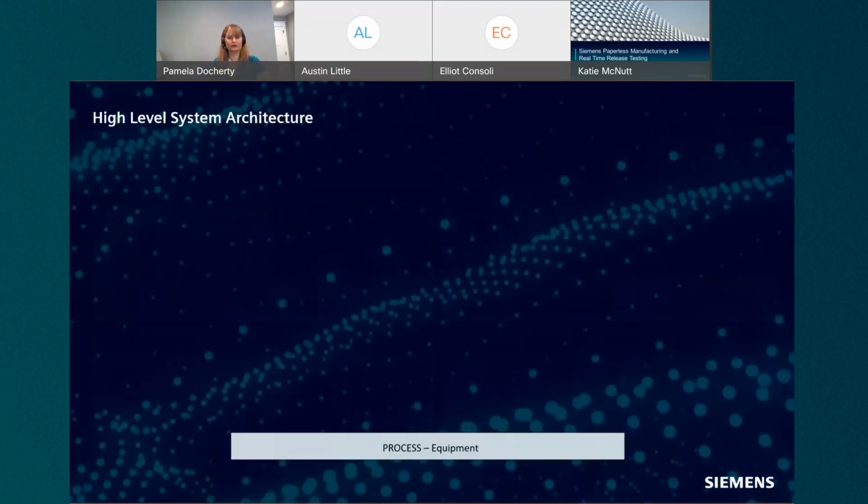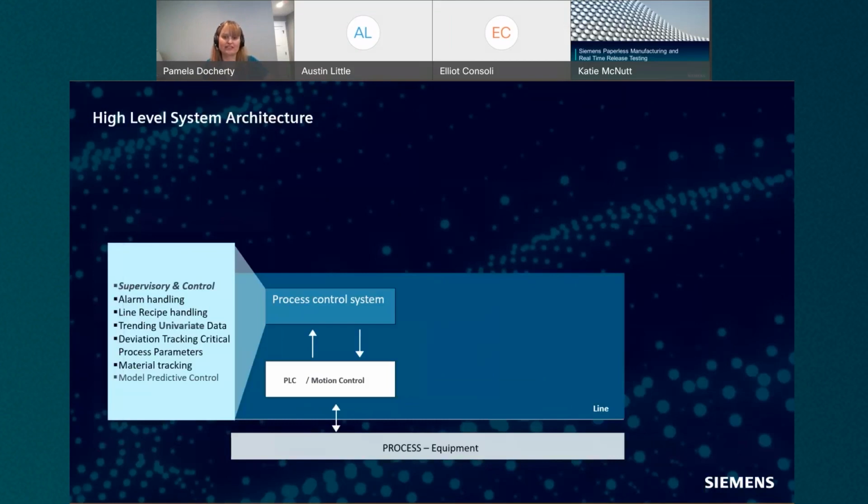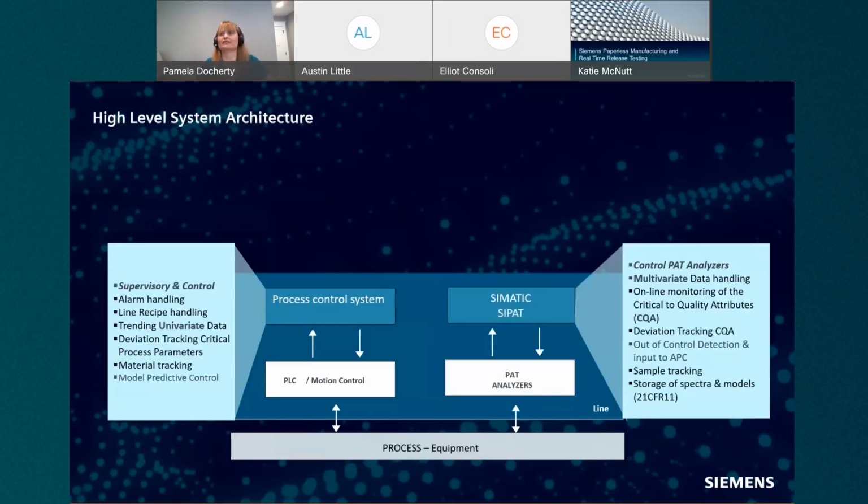So I'm going to sum up my presentation here, starting out with where Siemens' heart is in the process control system. How we do controls with the univariate data in both our PLCs or DCS. And then we introduced this PAT technology, bringing in that spectrum and bringing in multivariate data analysis capabilities, in which these two platforms talk to each other via OPC, and together can capture the true process real time,